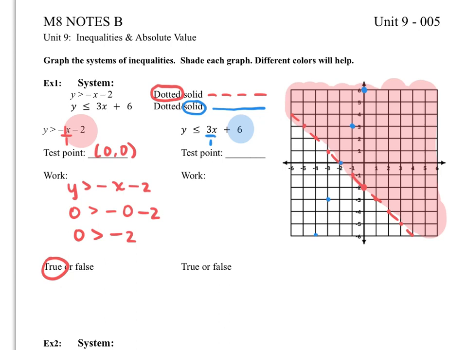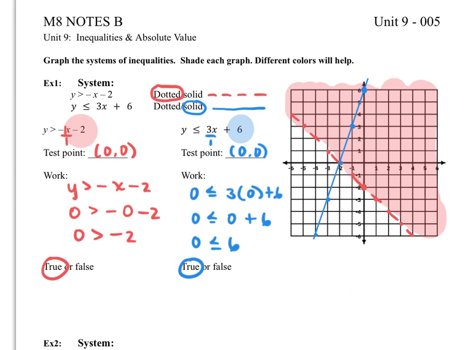And now I want to connect that with a solid line. And so that looks like this. Now I also have to pick a test point for this blue line, and the origin is also available. So that means I'm going to be replacing x and y with 0 and 0. So 0 is less than or equal to 3 times 0 plus 6, which is going to get me 0 is less than or equal to 0 plus 6, or 0 is less than or equal to 6, and that's true. So that means for the blue line, I'm going to shade on the same side as the origin,